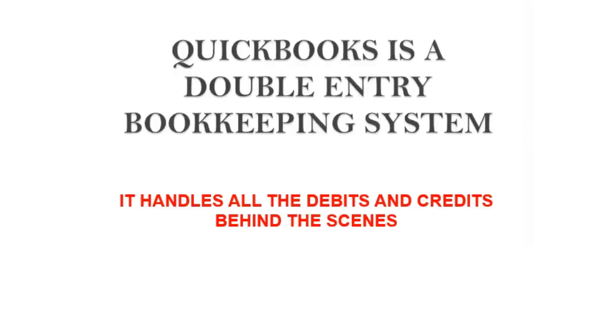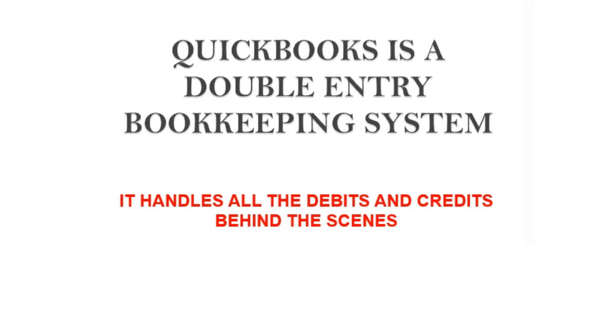That's why it's so great that QuickBooks is a double entry bookkeeping system. It handles all the debits and credits behind the scenes. But it doesn't mean you're off the hook yet. Not only will you be able to identify the problems in your bookkeeping records, if there are any, but you will also be able to use and understand the meaning of the information. For example,